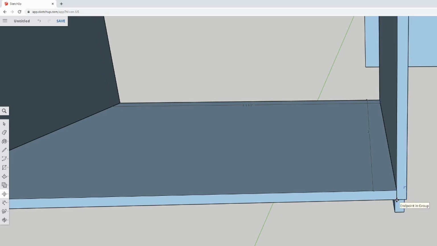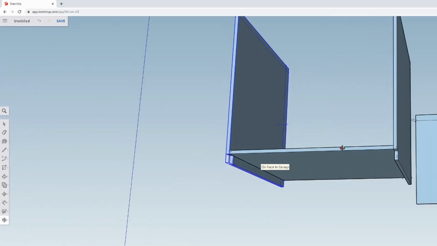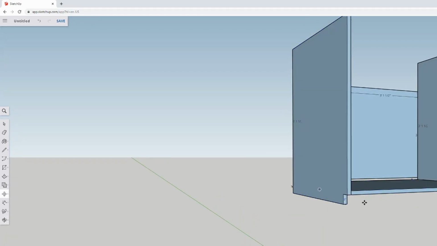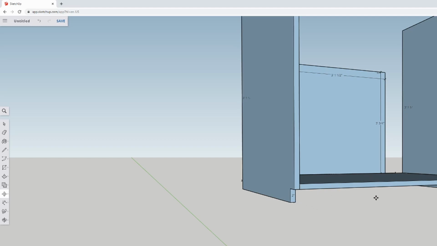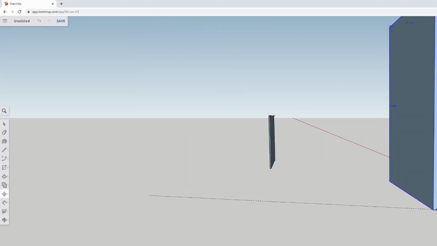Oops, this bottom one. There we go. So now I will have a 2-inch recess at the bottom because I don't want this to be an open gap at the bottom. And if I put the back panel back on here,